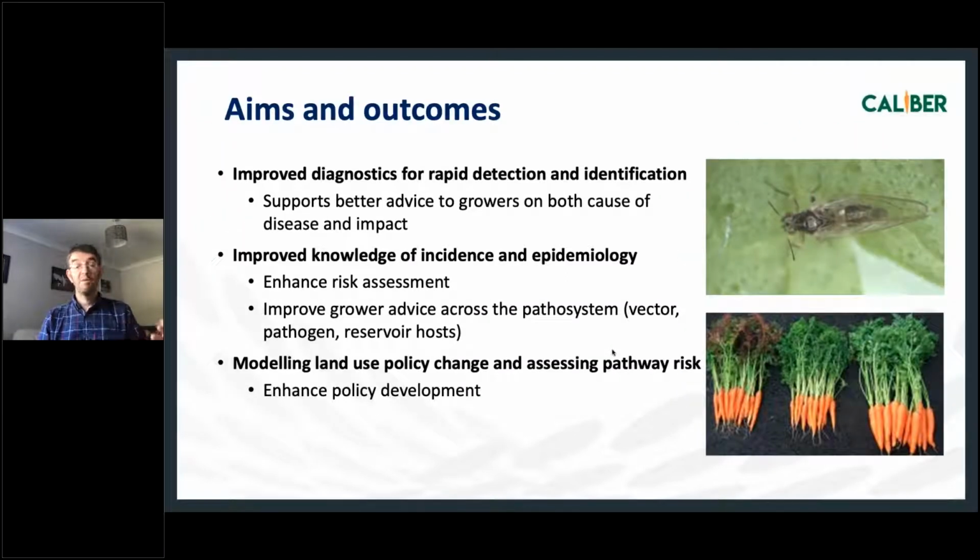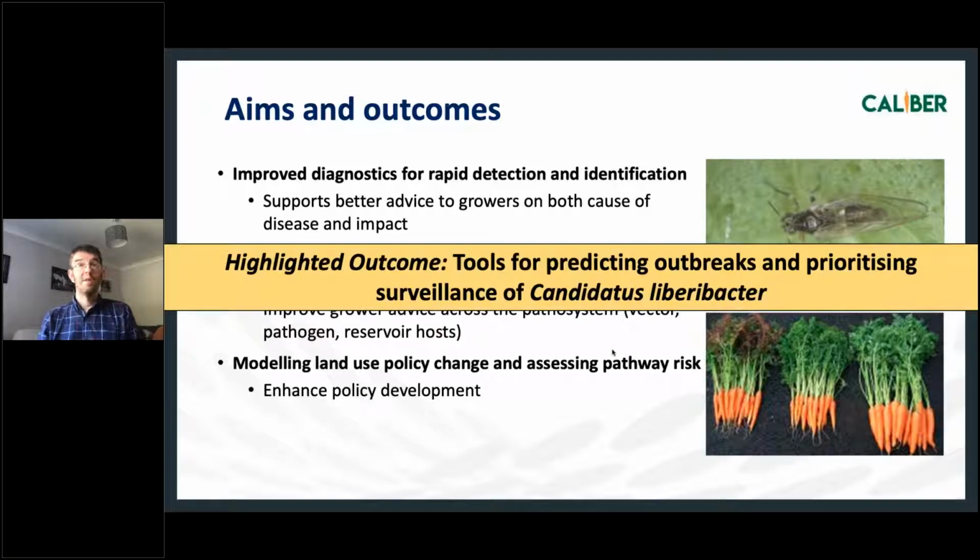The aims and outcomes of this project will be to improve the diagnostics and detection, and improve the knowledge about the incidence and epidemiology, since we don't know a huge amount about this at the moment, and then ultimately model how we might be able to deal with the threat from this disease in the future. The highlighted outcome will be to have tools for predicting outcomes and primary surveillance for this